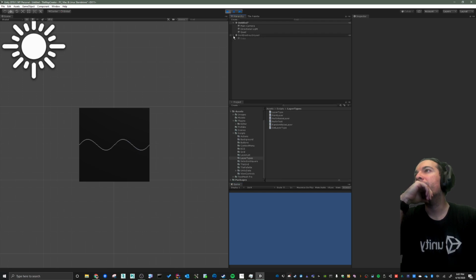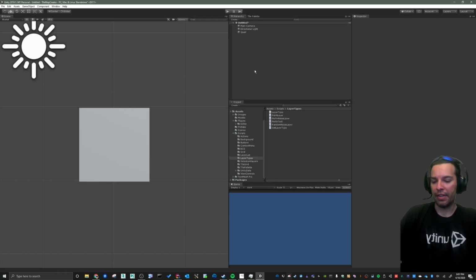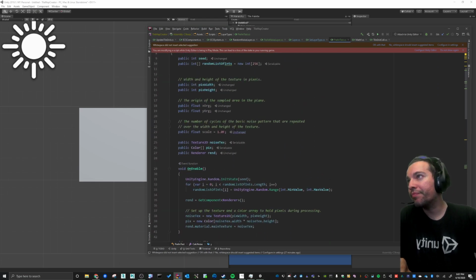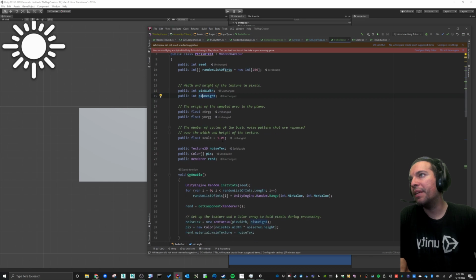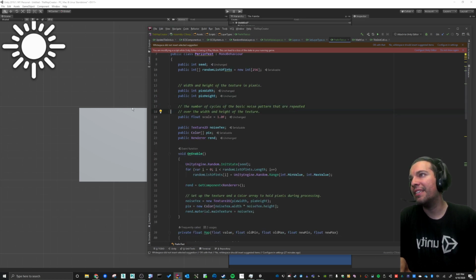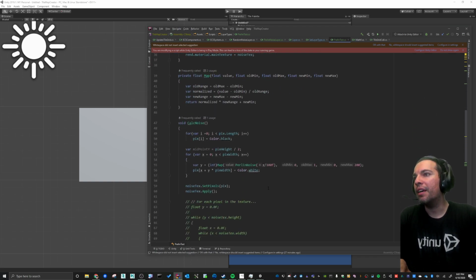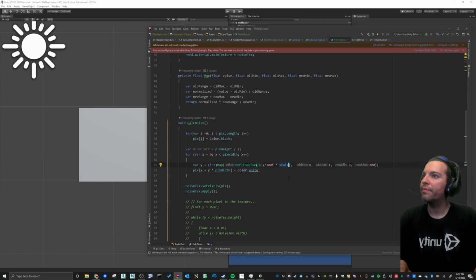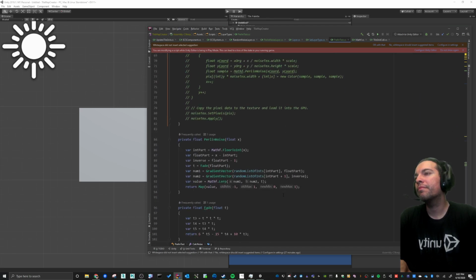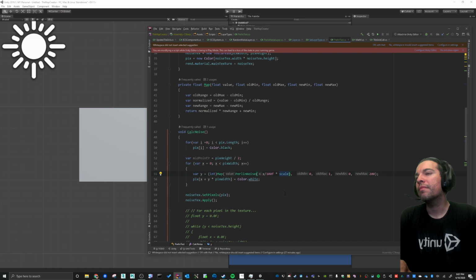So if we go, oh, I know what would be nice too. Let's also have, all right, pixel width and height are great. I'm not using you. Ah, scale, yes, that's the one I also want. Times scale? Yeah, I think that's gonna be great. Okay,